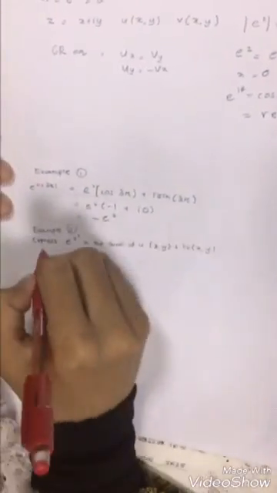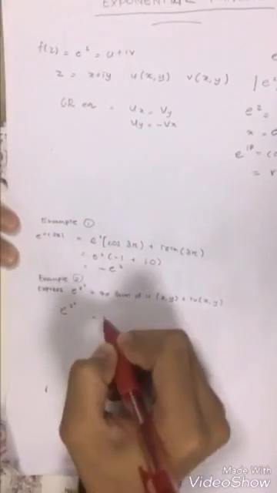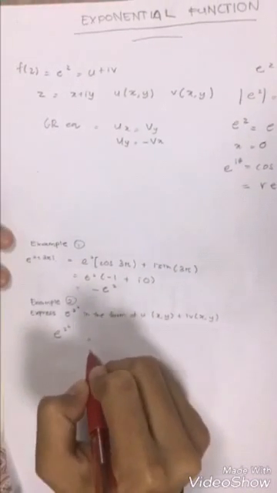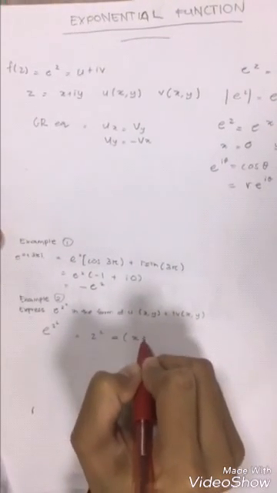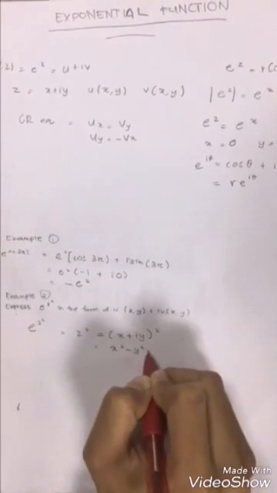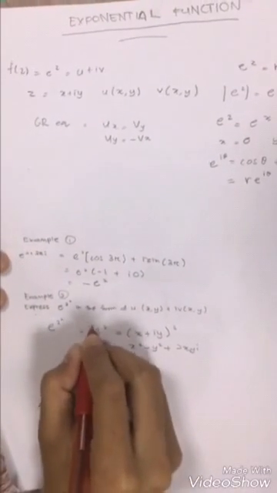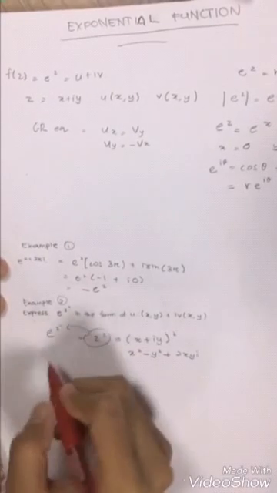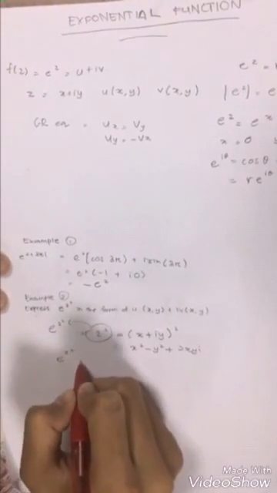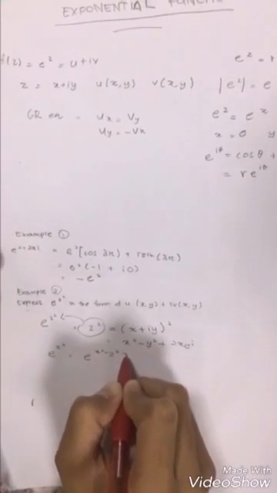And example 2, I will show you how to express e^(z squared) in the form of u and v. So the first step we can get from e^(z squared), we must expand the z squared, which is z equal to x plus iy, squared, and we expand it to x squared minus y squared plus 2xyi. Hence, we get the z squared in the exponent, which is e^(x squared minus y squared plus 2xyi),